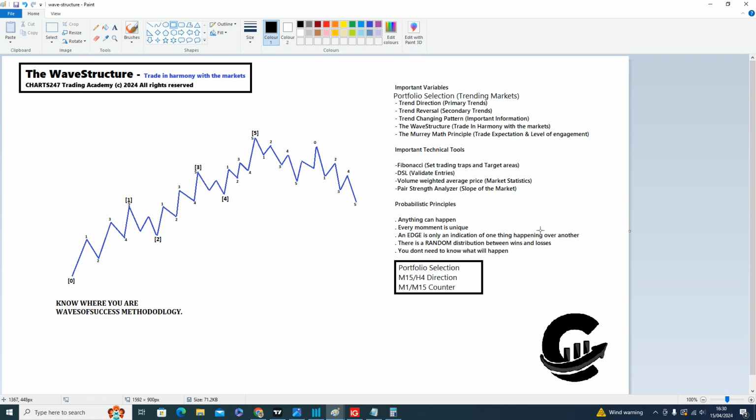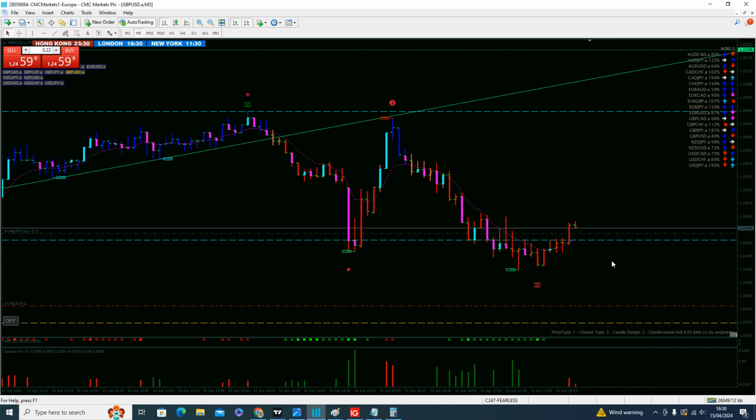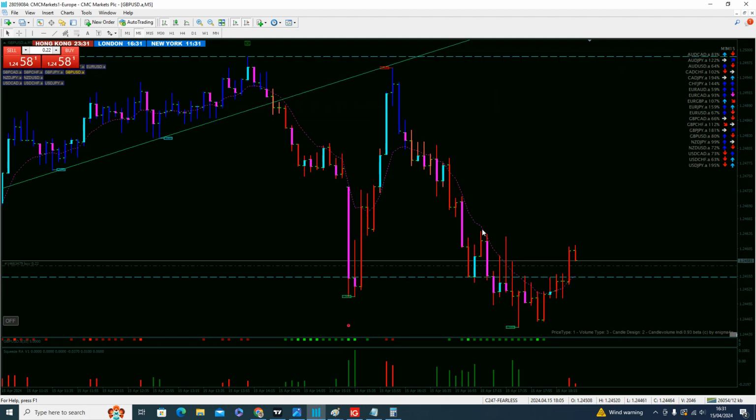The edge is only an indication. It doesn't mean we have to take the trade. There's a random distribution between wins and losses; you win some, you lose some. But if you follow the same principle and you have a high probability edge, after a sample size of trades, like 10 or 20 trades, if you follow the rules